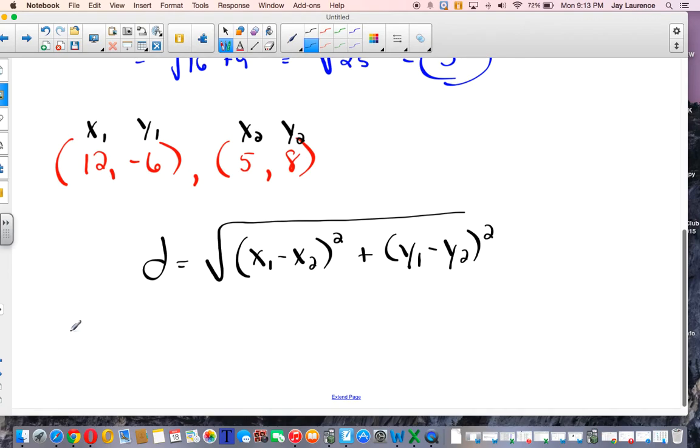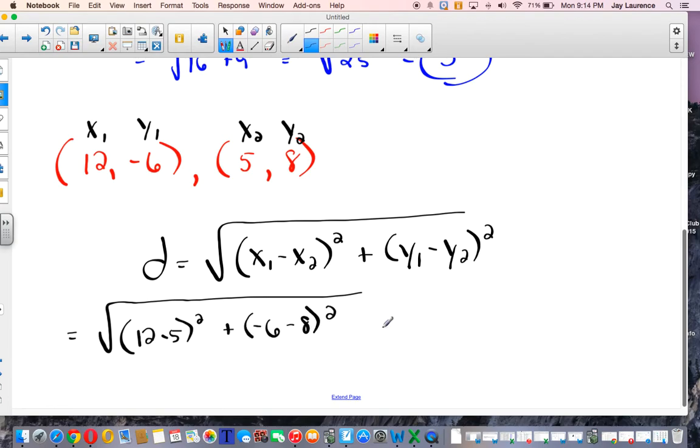And so I'm going to plug in my information, and I'm going to get the square root of 12 minus 5 squared plus negative 6 minus 8 squared. Got to follow my order of operations, so I'm going to do the subtraction and get 7 squared plus negative 14 squared,